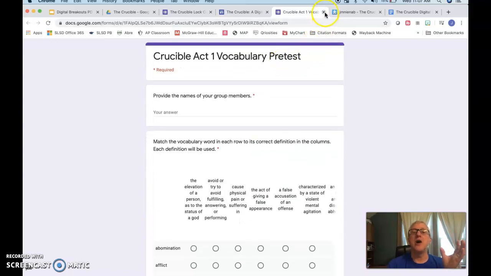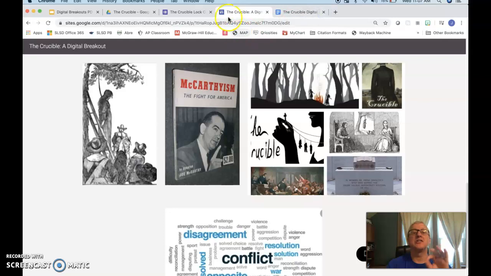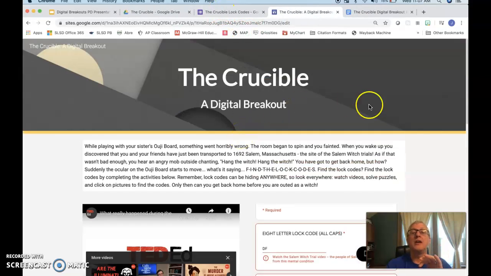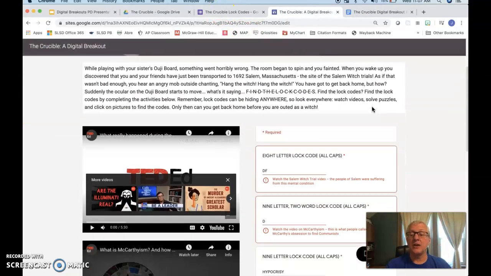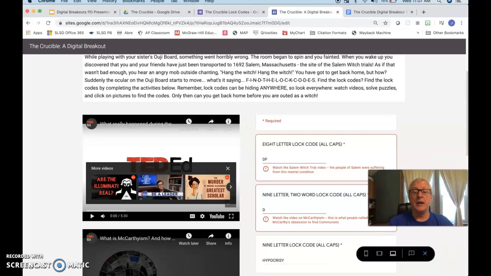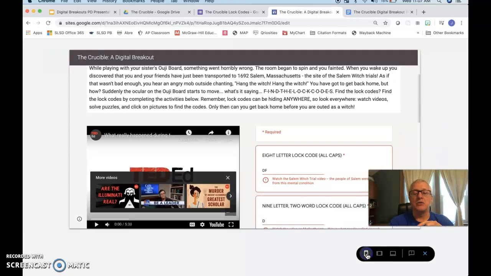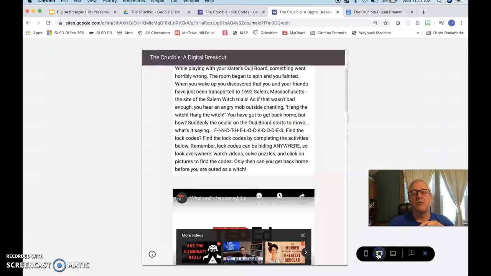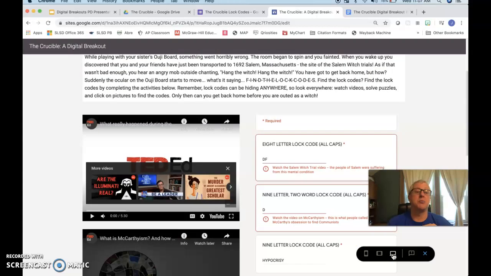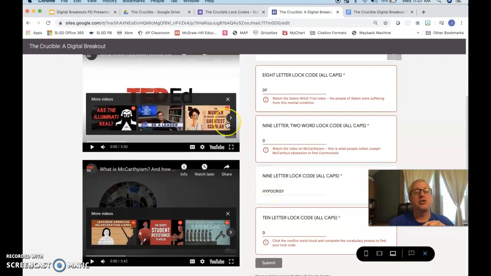So now I know this is going to work. Now I know that it's set up exactly the way I want. If I needed to change things, I could do that and then republish it. The last thing just to remind you about, check the different formats. That's a cell phone format, that's a tablet format, that's a computer laptop format. Make sure this looks the way you want it to look for your students. So if you're an iPad school, or if you're a BYOD school, and you need to reorganize the layout to fit those different devices, you can do that